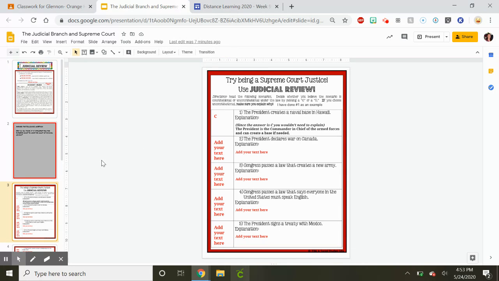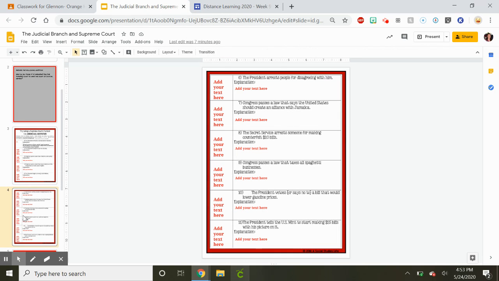The next 2 pages of this are a little tricky. So basically you're going to be given a scenario and you're going to be asked to write whether it's constitutional or unconstitutional. So for this, use everything we've learned this year. If you get some wrong, that's fine. Some of them might be a little bit tricky for you, but you're going to read the scenario and you're going to put a C if you think it's legal, meaning constitutional, or U if you think it's unconstitutional. So you're going to do that for this page and this page.